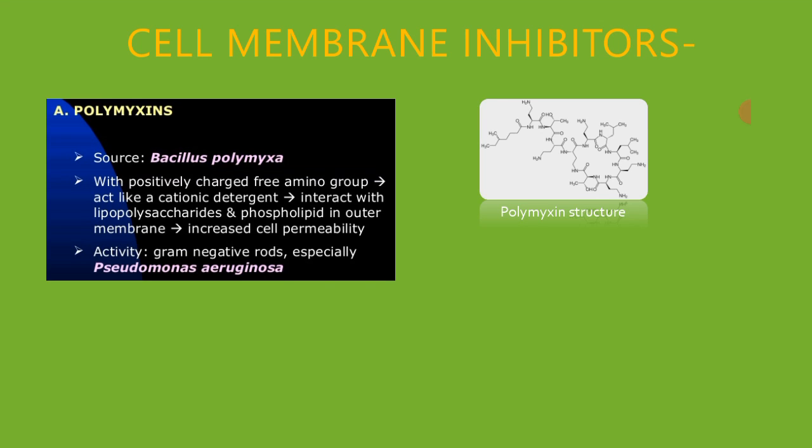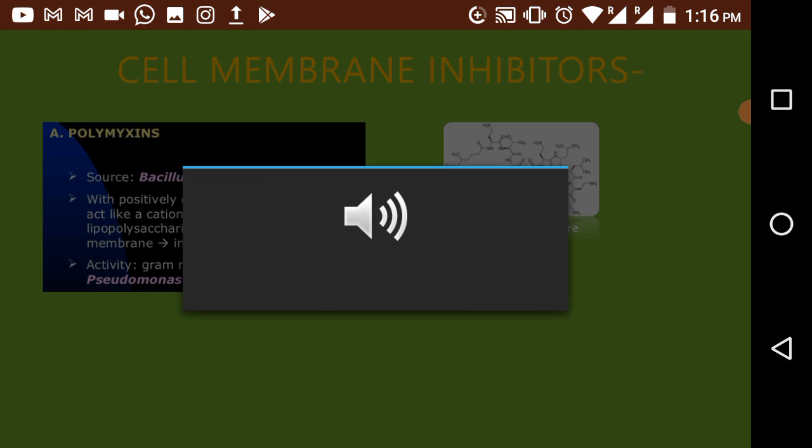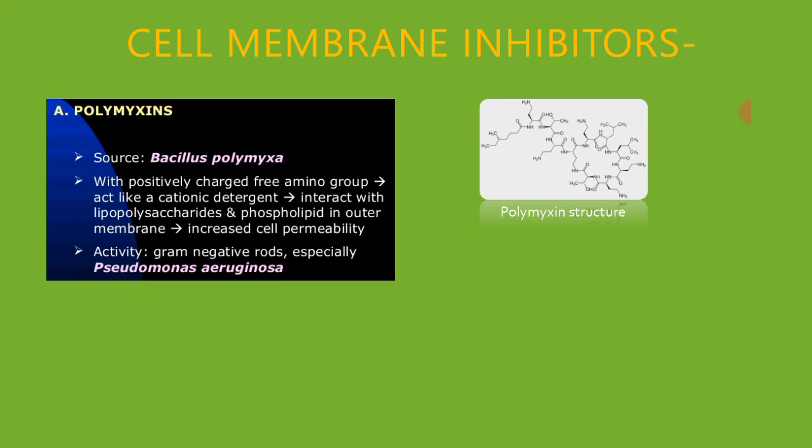Now at the same time, it is binding to the negatively charged phosphohead, right? And at the same time the fatty acid chain is inserted into the hydrophobic inner region of the membrane. As I mentioned, it has both ends, hydrophilic and hydrophobic. So the hydrophobic fatty acid chain is inserted into the hydrophobic region of the membrane, and due to which it will alter the cell permeability,